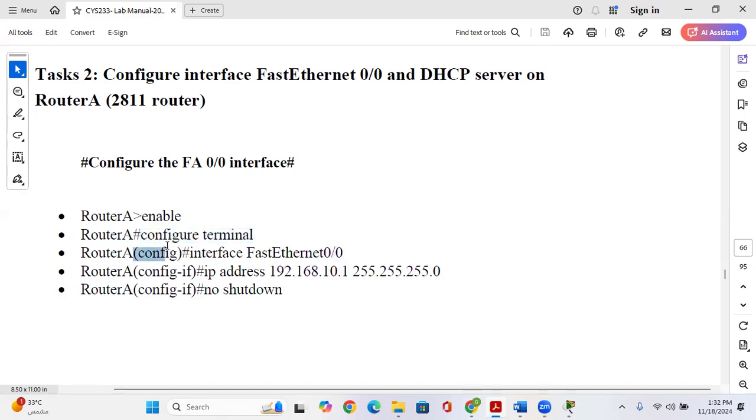Then in the third mode only, you are going to work completely. Okay, full configuration you will be doing only in this third level. So in the third level, you can assign an IP address for this interface, for interface FastEthernet 0/0. What is the IP address you are assigning? This is the IP address